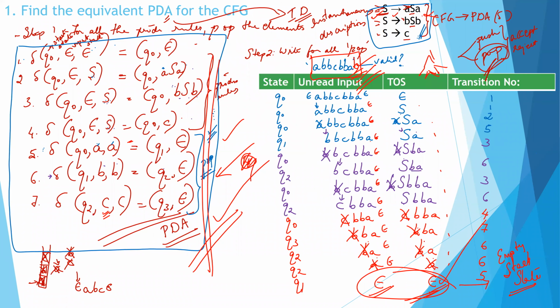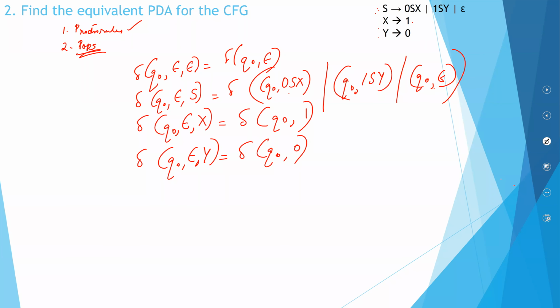Now look here very carefully. Which are the cases which you pop? Now when you look into this production rules, S, X, Y, these are your non-terminals. These are your non-terminals or your variables. 0 and 1, these are your terminals. So very simple. You can pop off only your terminals. So 0, 1. Whenever you encounter a 0 and a 1, you will pop. Because when you look over here itself, you can understand. Only the leftmost portion can be popped out.